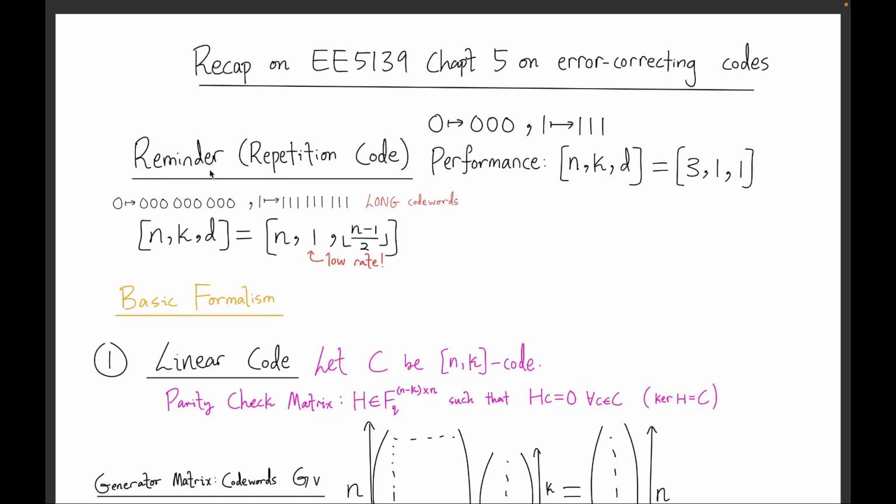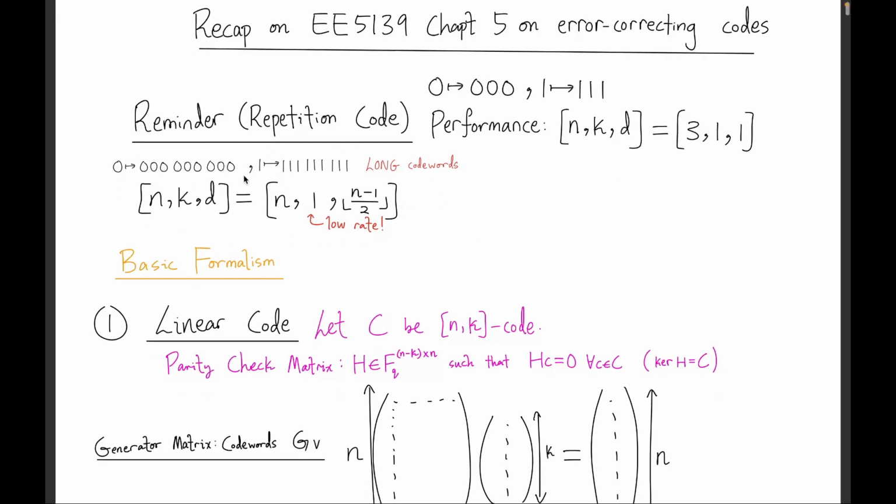So let's just remind ourselves of an example, which is the repetition code. You have a 0, you map it to 3 zeros, 1 maps to 3 ones, and the performance of this is to say basically you'd use up 3 resource bits, you store 1 logical bit, and then you are able to correct for 1 error, because if you flip 1 bit here, the majority is still 0, so you can recover the information. Now this K here we call encoding rate and D the code distance, and let's say you actually